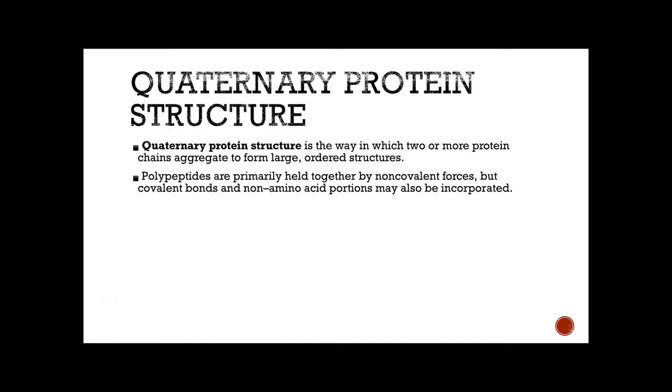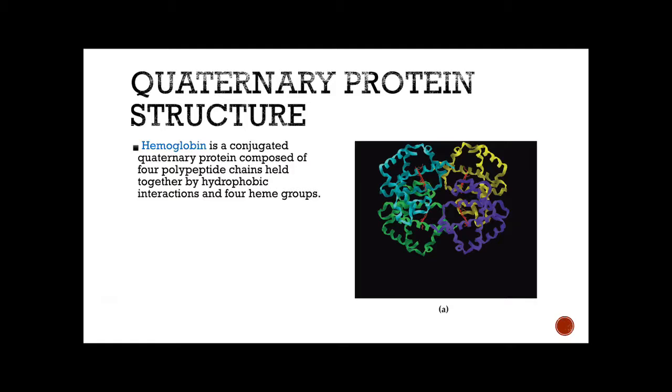The last structure we're going to look at is the quaternary protein structure, and this occurs when several polypeptides bind to form a larger ordered structure. So the polypeptides are held together by the same interactions that we looked at for the tertiary structure. Also, quaternary protein structures can contain non-amino acid portions, which we're going to look at in this example,